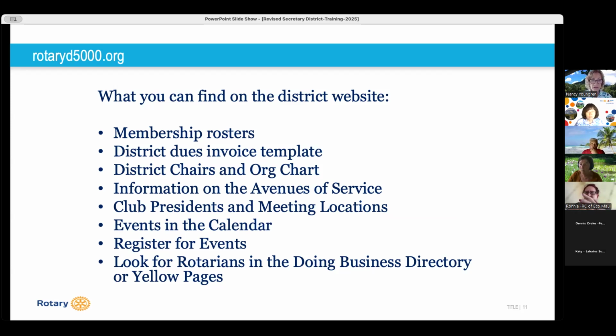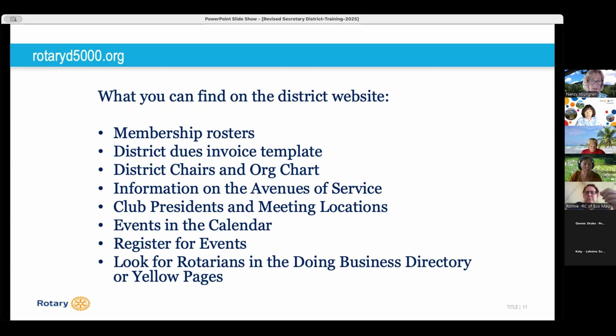The district chairs and org chart is under Who We Are, but other information you need to do a member login. So it's important for secretaries to become familiar with the different menu options in the district website in order to be able to get to these pieces of information. It's all there, but it's helpful to just take some time to play around with it.